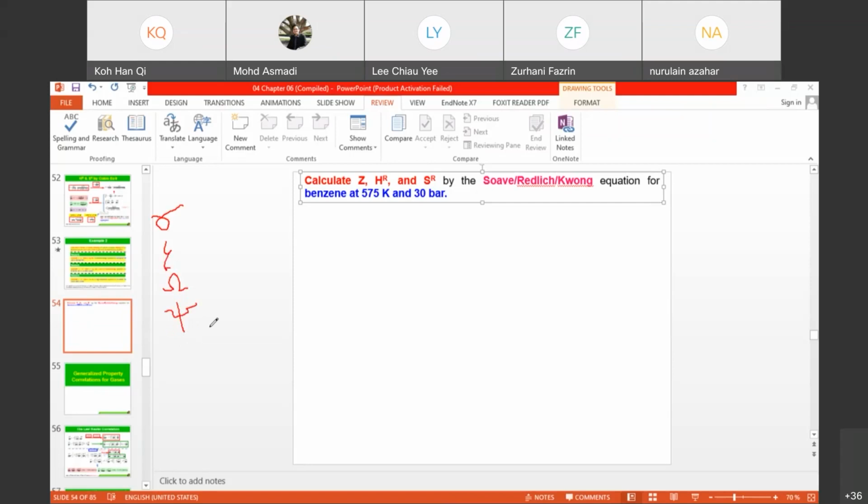If you look at table 3.1, alpha is equal to alpha(TR, omega). So we can make it like this one, right? Expression alpha equal to